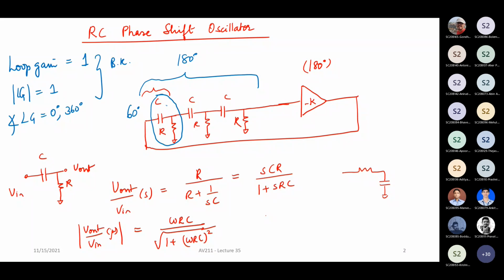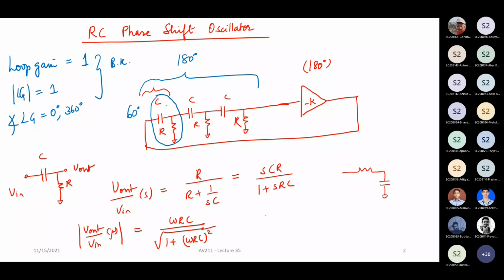Now, since we are putting a negative gain amplifier, obviously there is a 180 degree already which has been given to you. You only need to make up another 180 degree from whatever elements you put in this feedback path, right? What is the elements you put? You put 3 sections of RCs, right? Now, all the 3 sections of this RC network together should contribute to another 180 degree if the circuit has to oscillate. We are only talking about the phase condition, right? So since they are identical sections, each of them will have to contribute 60 degrees. Is it clear? Yes, sir.